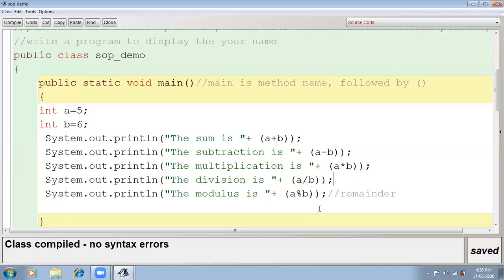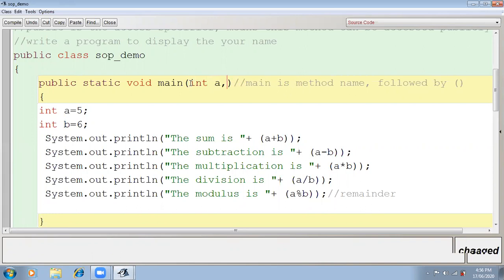Why will the same output come every time? Can we change the value of a variable, like a is equal to 5? You can change the value because you are the programmer. But when we are giving it to someone, suppose you made the project, then what will we do? Here, because we are not accepting the value from the user, that's why.